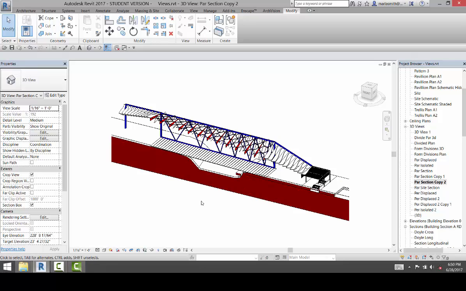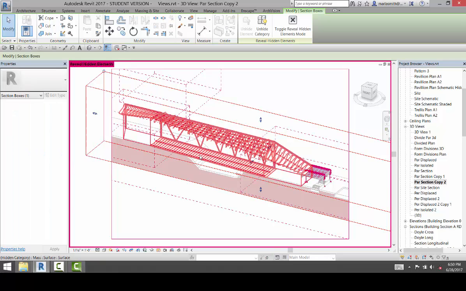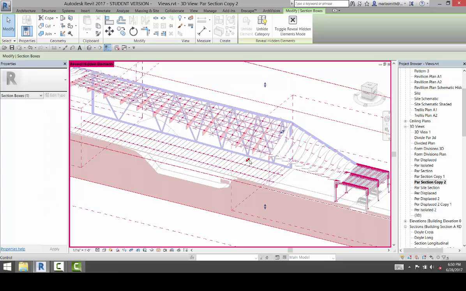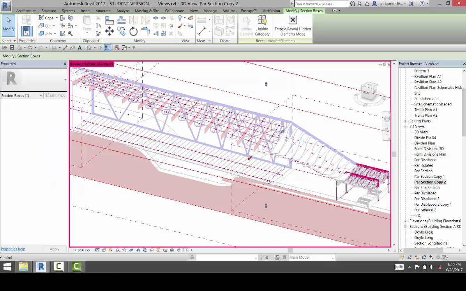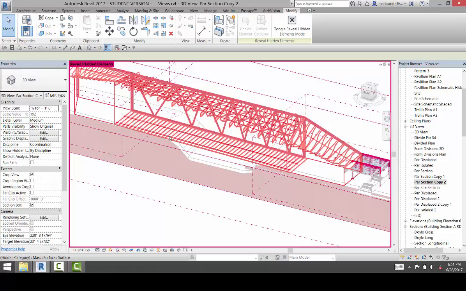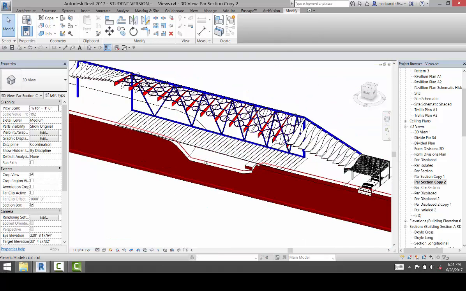And now if I come in and I extend that section box a little bit, so I'm going to turn the section box on. And I'm just going to extend it out a little bit. Let's see if we can get that. So what I'm doing is I'm trying to extend this section box, but I think I'm going to go about it another way. I'm going to go back to the regular view, close the hidden reveal elements, and you'll see